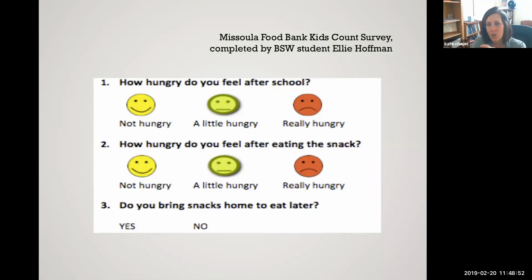And so she wanted to find out whether the food that they were offering, if kids liked it, if they were eating it, or what feedback they had. So she was given that challenge by her supervisor. She showed up at an after-school program. Anyone that has kids or works with kids knows that time right after school is like mayhem, craziness. Kids have been controlled and contained all day, and so they just want to be wild and free. And so she went to try to interview kids, and it was not working at all. She was not able to capture any sort of interview process with the kids.